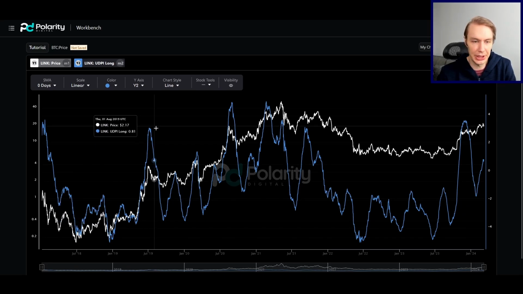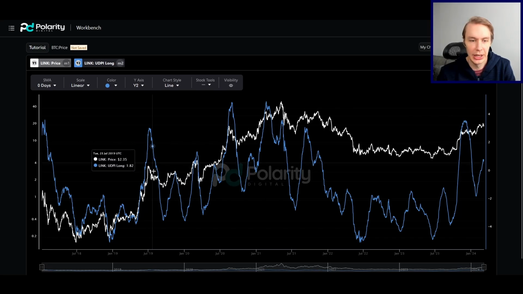There are some similarities we can see even just with this rally that we had from April of 2019 going into July of 2019, where we had this big move up. We got up to pretty high UDPI levels, similar to what we did here. Then we kind of came down and chopped around, where we came down to the negatives. We kind of came up, down, up. It was overall an uptrend, but it wasn't anything especially explosive. And then eventually, after this accumulation phase had kind of taken its course, we went and put in the next big legs up in the bull market.